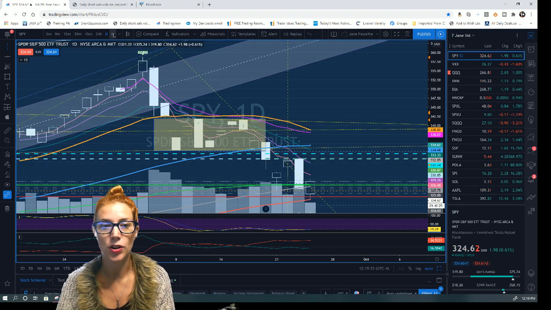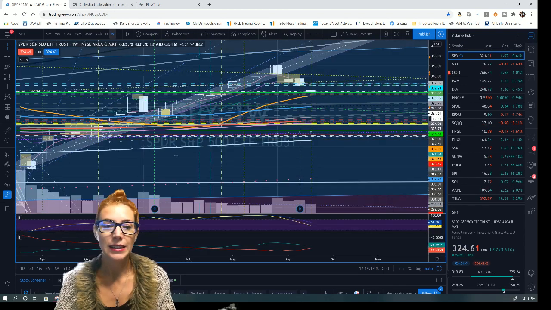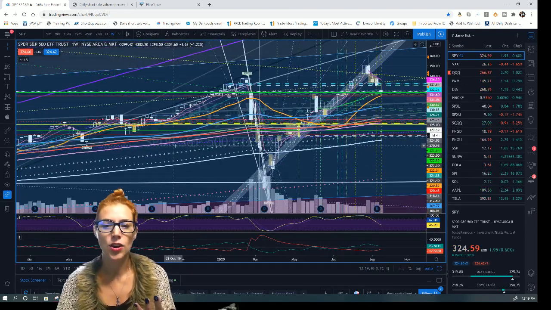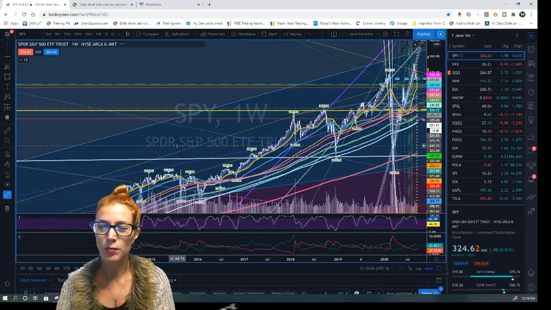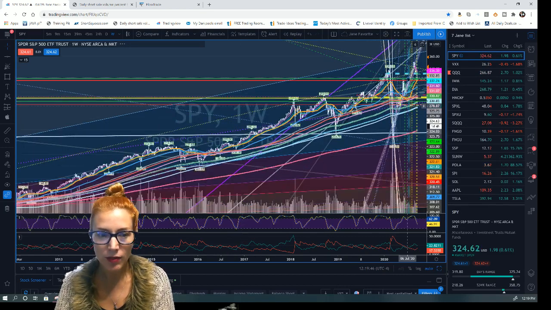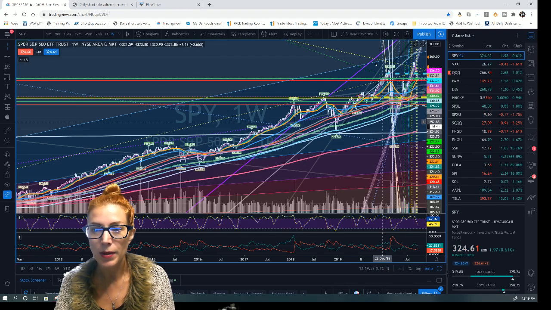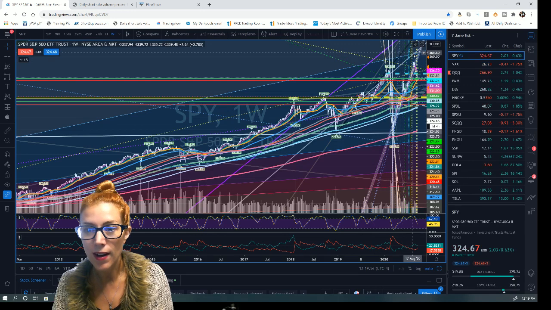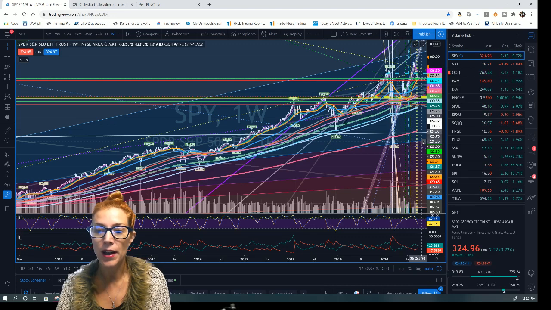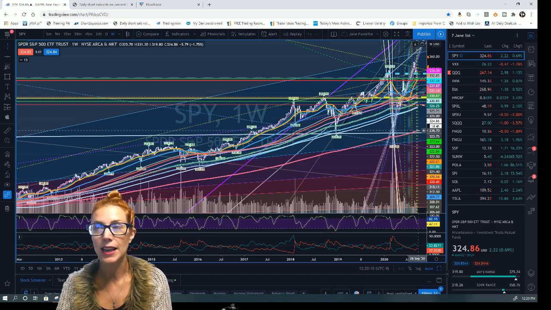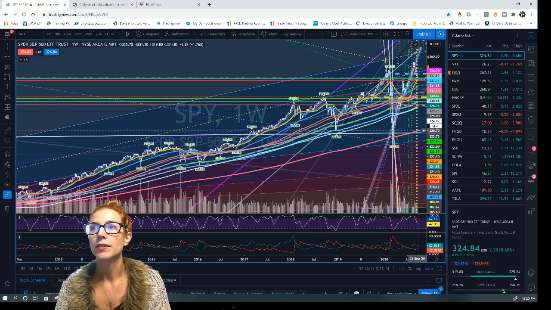Let's back out to the weekly chart. I thought, let me play around with GAN on a weekly chart. I'm just messing around with it right now, but it's kind of blown my mind. Look at this blue line right here. Look at how we came and we pretty much tested it, and then we shot up, and look at this line right here. We almost hit this line. So I feel like if we pull back, we might be going all the way down to 221. It didn't come all the way down here. It came to this line right here. So maybe if we continue in this downward trend in the next like 9 weeks,